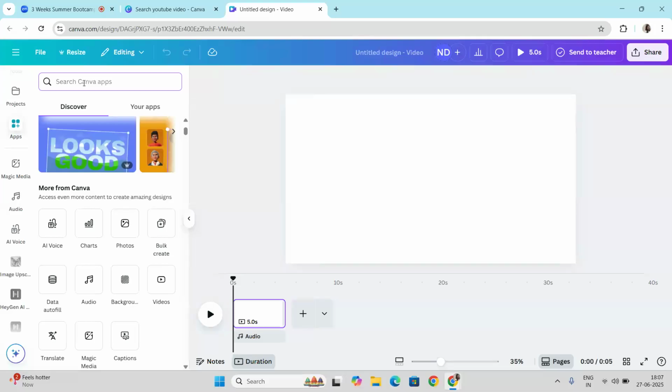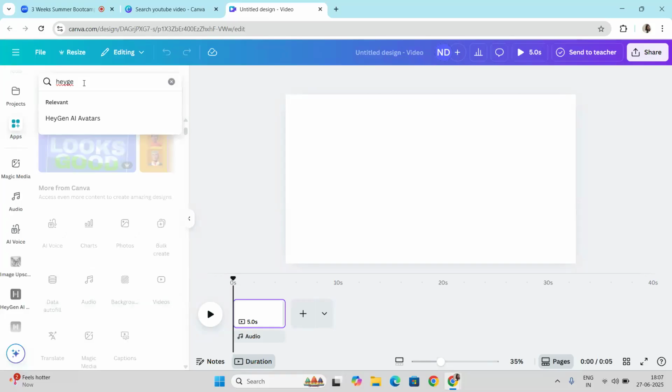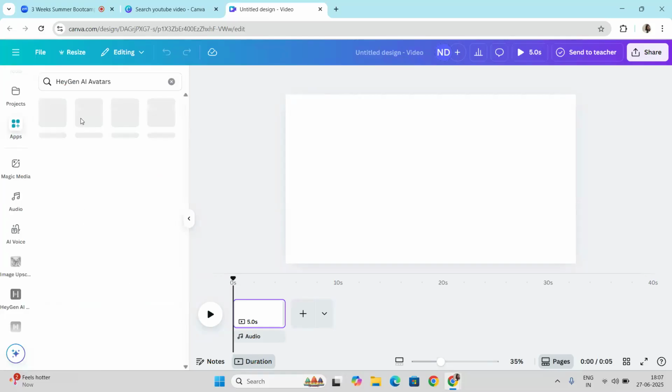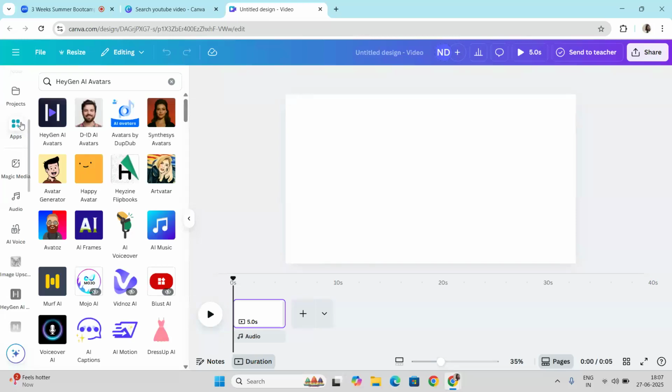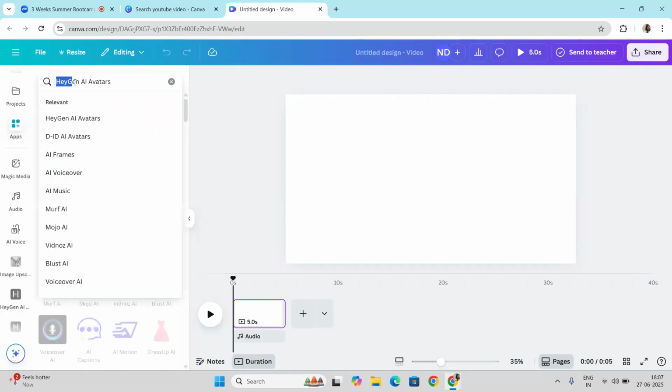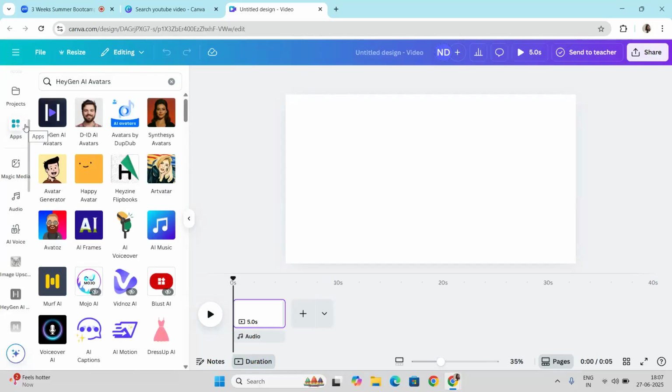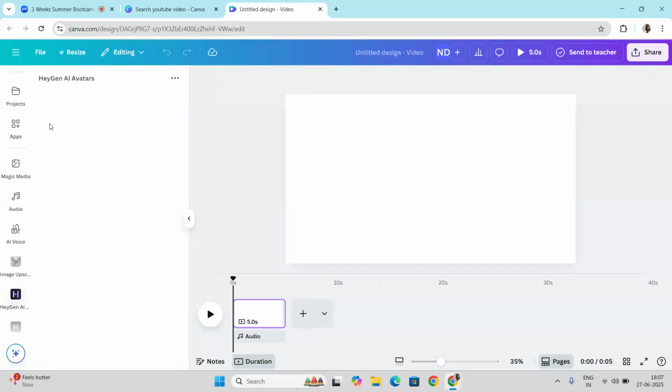So here I am on apps just to show you a few things. Wait a minute. Now you can take out your notebooks. HeyGen AI avatar is the keyword that you need to write in the app section. First of all, just watch my screen, then I'll give you time to write. Just write down in your notebook, HeyGen AI avatar is the keyword that you have to use under the app section. Like first one we have HeyGen AI avatars, then we have D-ID AI avatars. It is also good. So first of all, I am going to click on this HeyGen AI avatar.